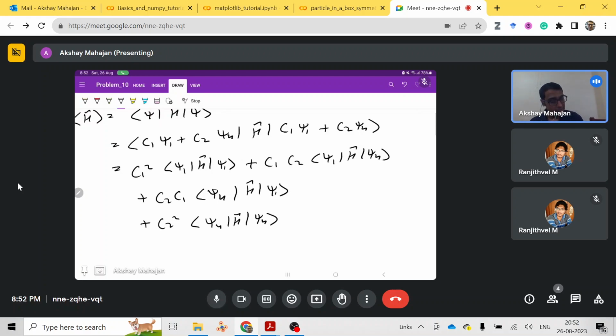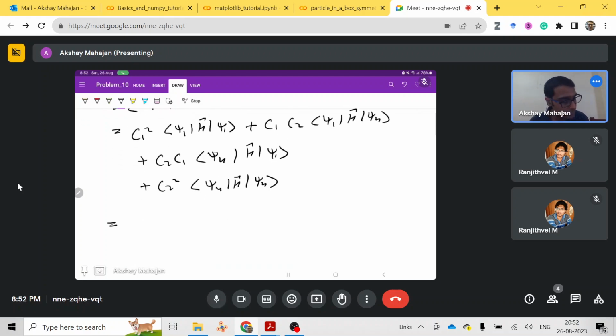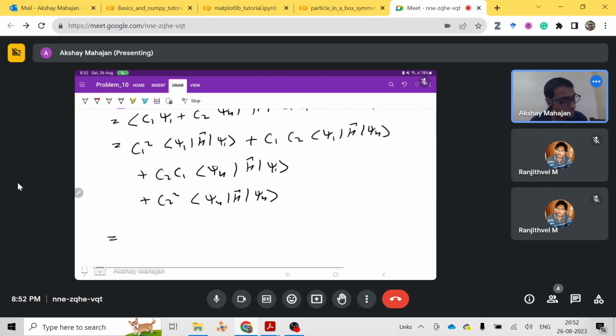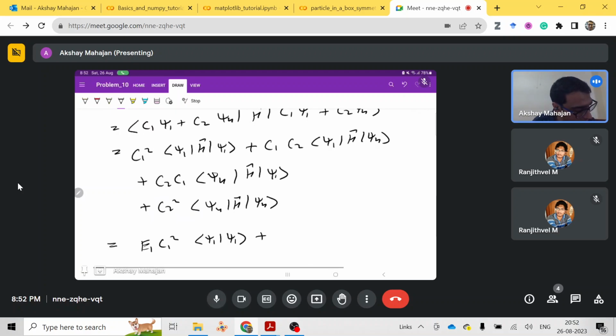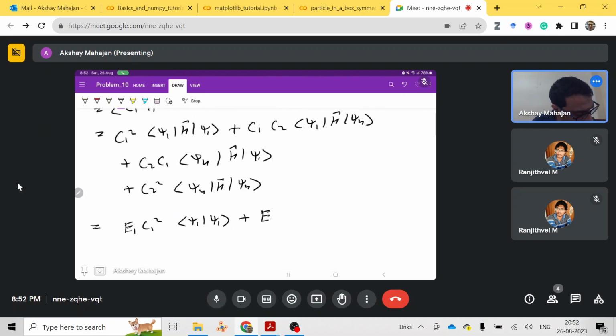I'm going to skip some steps because we are really at 8:50 already, and we are not in the coding part now. Here we can see that H cap acting on psi 1 will give you the E1 value, so this will just give you E1 times C1 square, and H cap acting on psi 4 gives E4 C1 C2 times psi 1 psi 4,